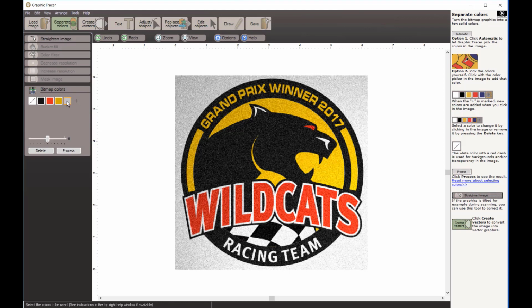So I'm going to select that gray and I'm just going to hit delete on my keyboard, or we can click delete down here, either way, to delete that. But we want to eliminate that color altogether. So I'm going to select my background color here. That's the square with the line through it. And with my little eyedropper tool, I'm just going to click on that gray and add that gray into the